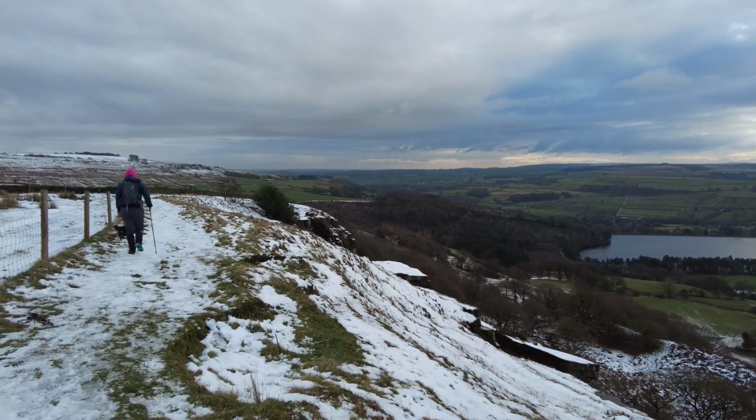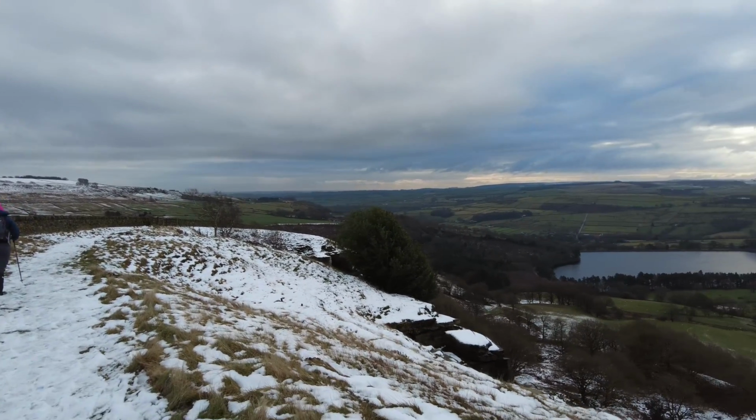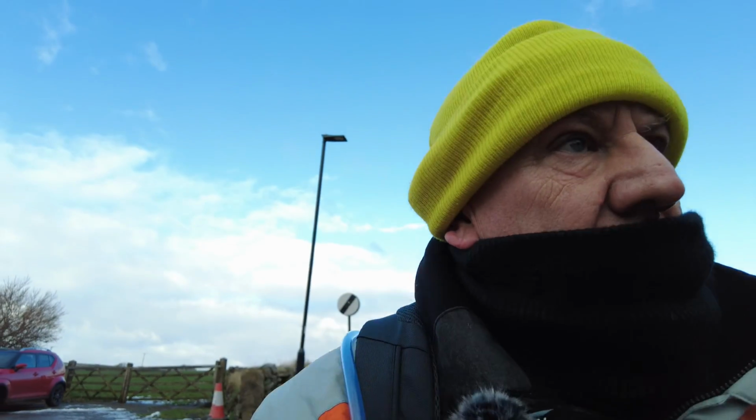I know there's a hell of a drop over the edge there, and I think there are other paths at the bottom that lead off the road down there. Like I say, where I've flown the drone on numerous occasions. Our starting point was over to the left as we climbed up the field and up the hill. That was I think a 5.5 mile walk that we've just done, and it's not an easy one. It's a bit of a slog climbing that hill, getting over the top, especially in snow and mud like it is today. But it brings us back down to Bradfield and the Horns pub,